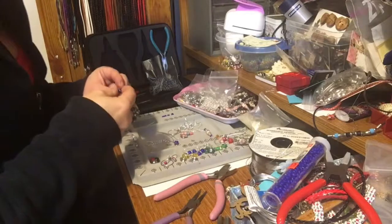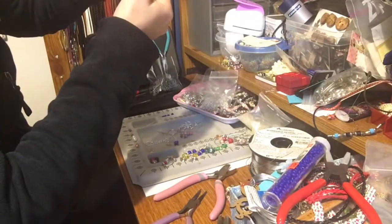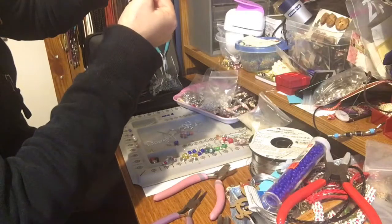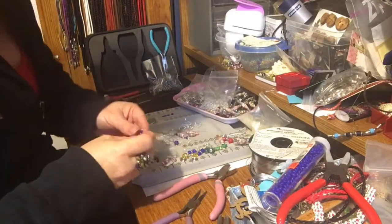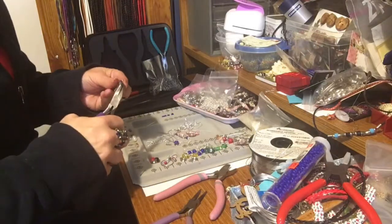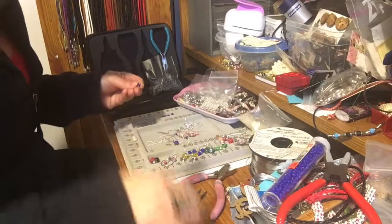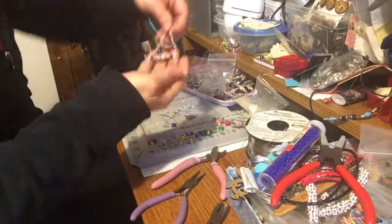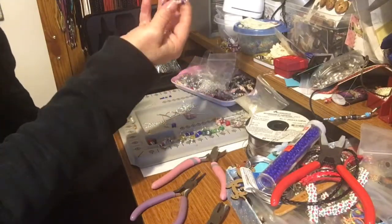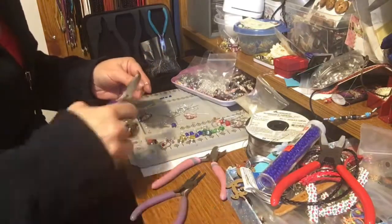Now, I am going to count up 1, 2, 3 links, and in the 4th link, I'm going to attach this new section I made, okay? So, open it up. Sorry about that. I lost my feed. My storage was full. So, I attached the smaller bead, and then I'm going to take my ear wire